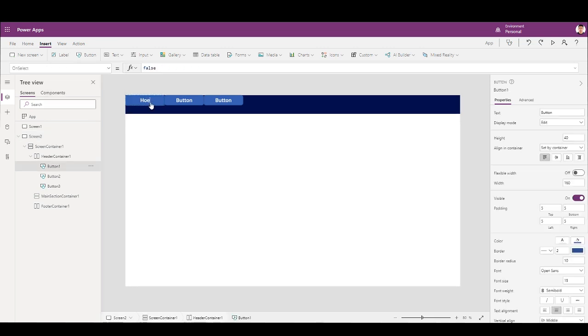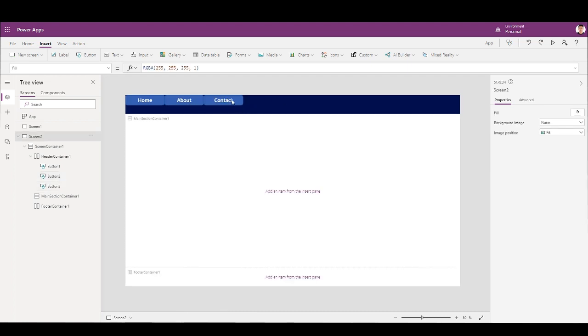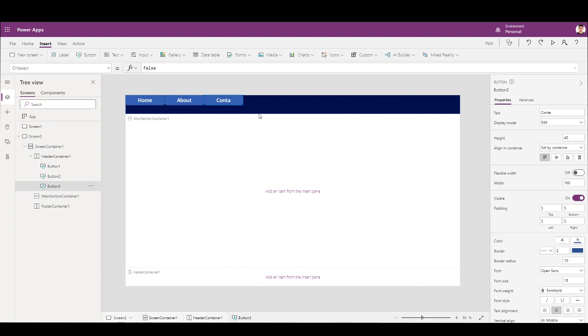Let's call it home, for example, or let's say about, contact, and service. So something like you see usually on a website.